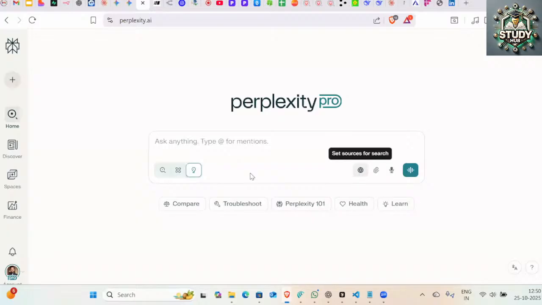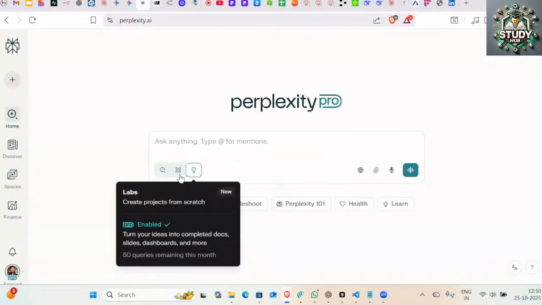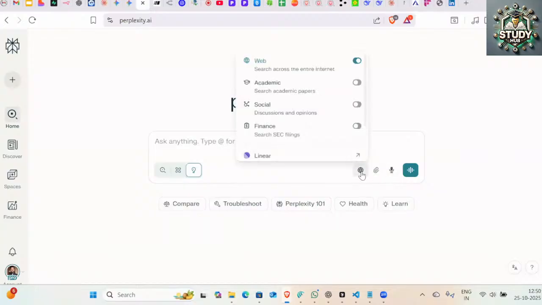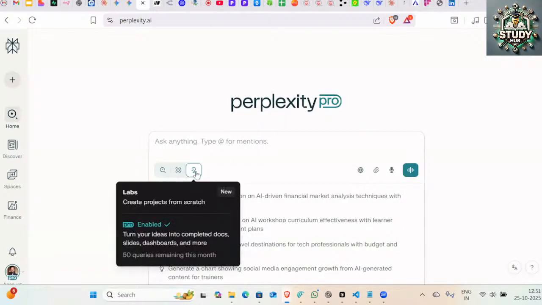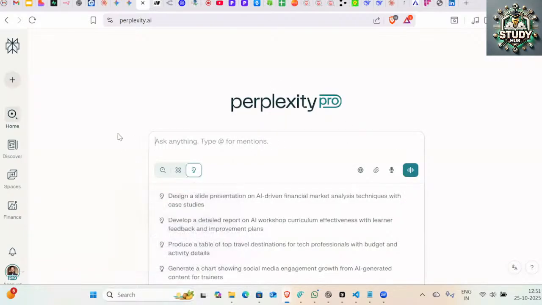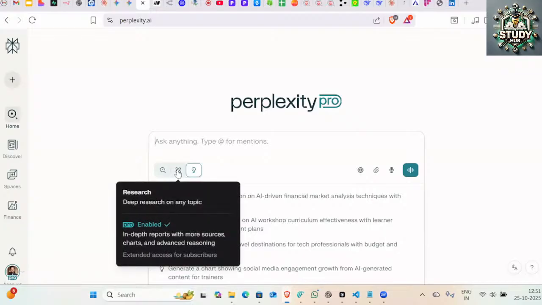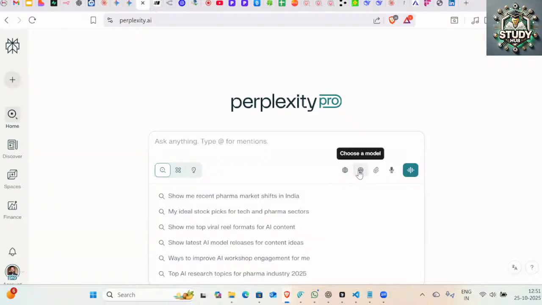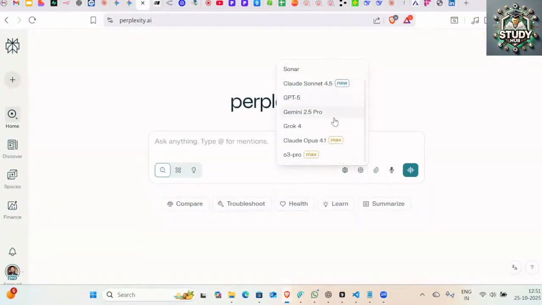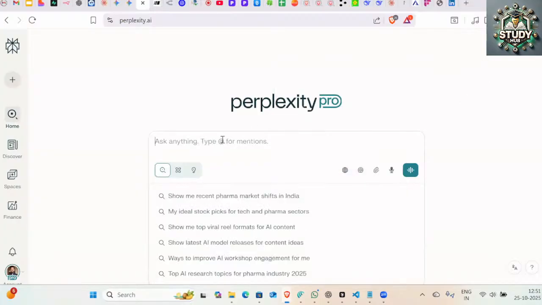So if I see the models part, Pro is enabled, Research is enabled, Search is enabled. I have a different set of models. You have finance related tools, all these tools are there. And where is the model section? The Labs, 50 queries in a month. Research, okay, choose a model. This one, yes. So you have all the models which they are supporting, and by default it is on the best mode. So now if I say, get me top